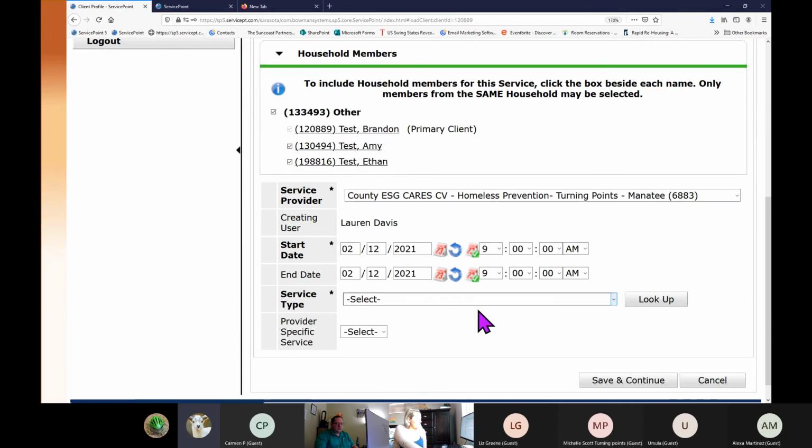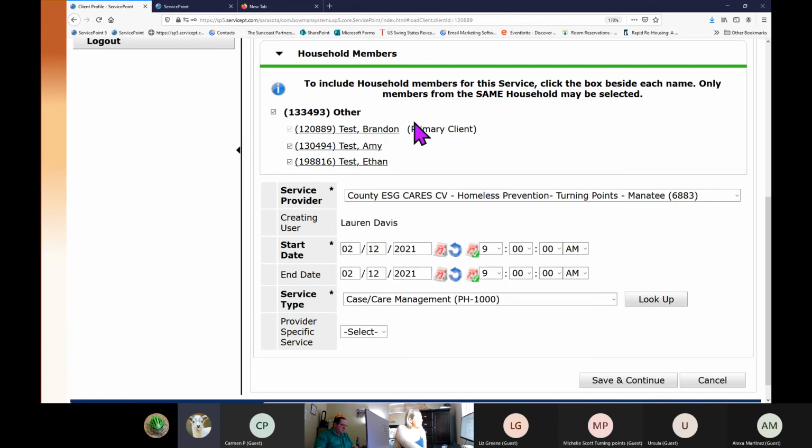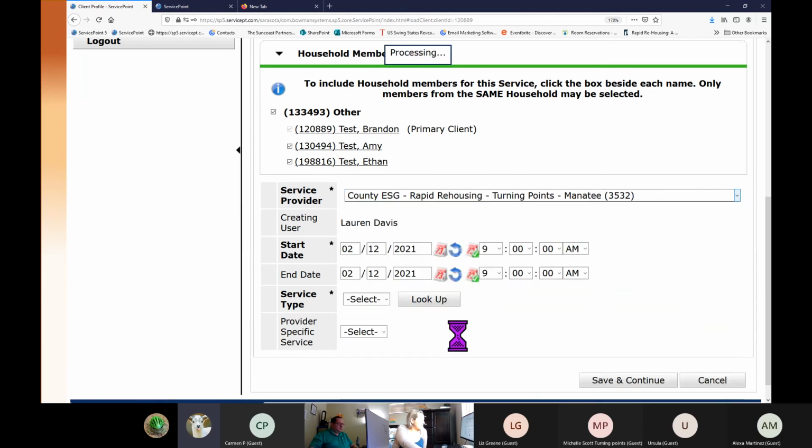We select the service type, case management, save and continue. Oh, something I wanted to remind you guys. Always double check, make sure your service provider is the provider that you need to be in. If your service provider is ever wrong here, maybe when it popped up, it says County,